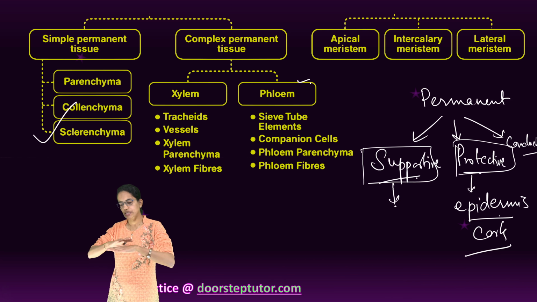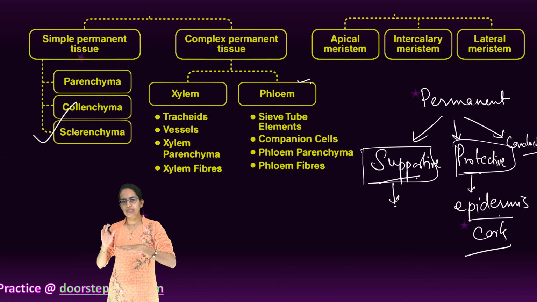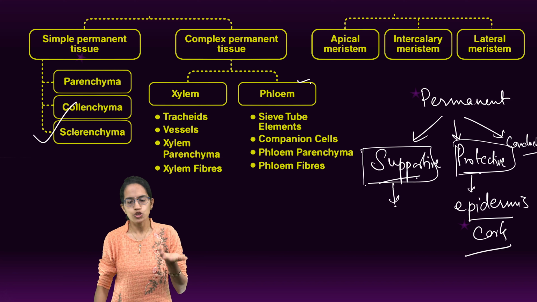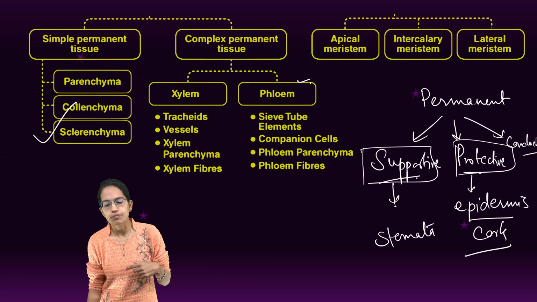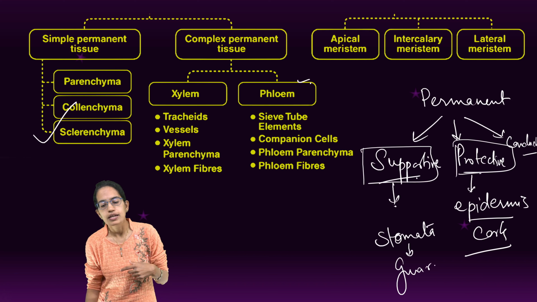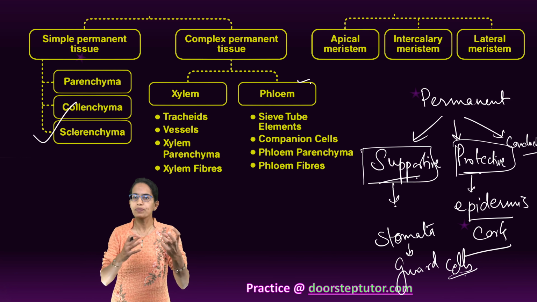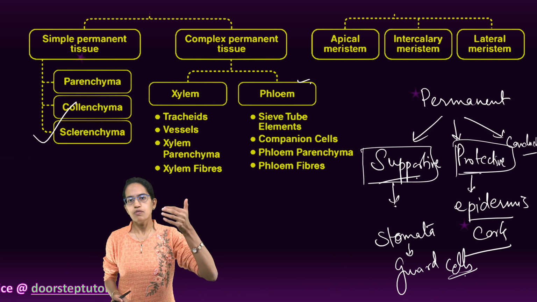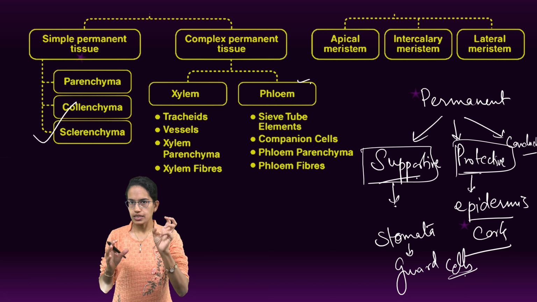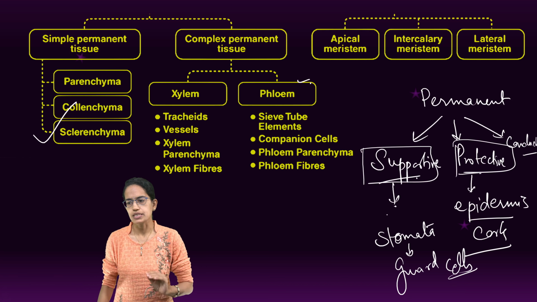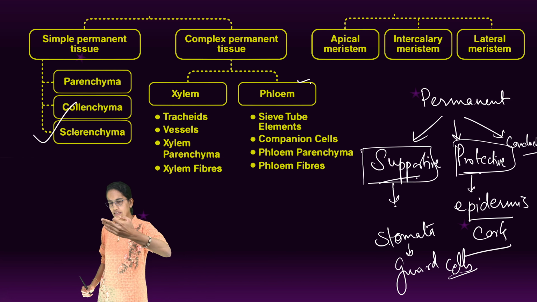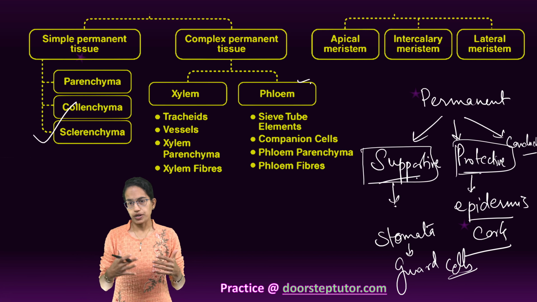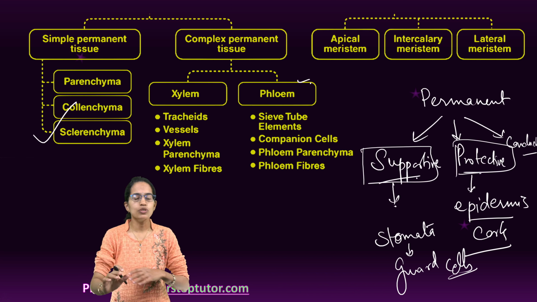It's the protective layer. So, in the case of leaf, if you understand what is epidermis, there would be an upper epidermis and a lower epidermis. On the lower epidermis, what would be present? Stomata. And this stomata would be protected by what? This stomata would be protected by guard cells. Guard cells would control the opening and the closure of the stomata. So, the lower epidermis does have stomata which actually maintain the turgidity of the cells present. So epidermis, the upper epidermis, lower epidermis in the case of leaf. Now sometimes this epidermis is again important because in certain cases it does form cuticle.